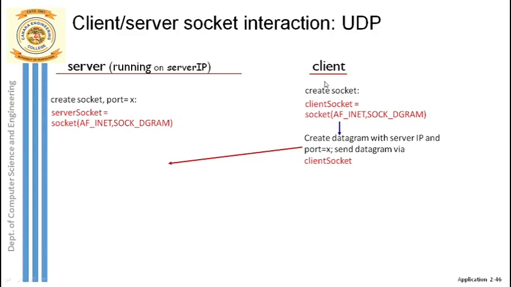First is the sender, or the client. As I already said, his job is to type a sentence, but before he types a sentence, which is in lowercase, he has to do a certain job. What is that first important job the client has to do? He has to create a socket first. He has to create a door in his system, and that socket is created with the help of the function socket. There are two parameters for this function. The first parameter says that it is using the IPv4 addressing scheme, and the next one indicates SOCK_DGRAM.